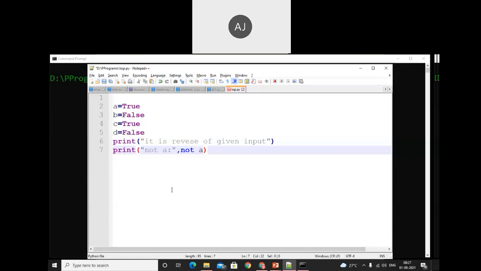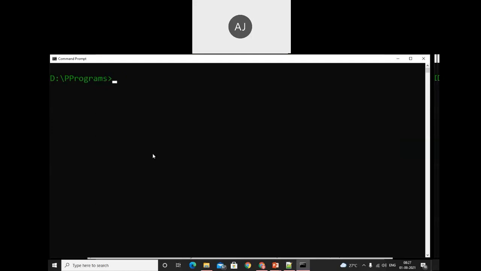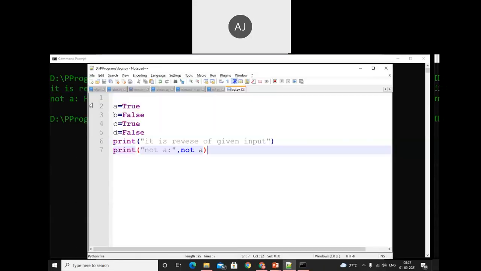First of all, we'll check for not of A to see what value we get. Right now A is true. When we perform that, then we will get the value as false. Here I'm using it. See, we get the value as false, but we have A as true, and when we apply NOT, it will be converted into false. Okay, so let's try the value B.